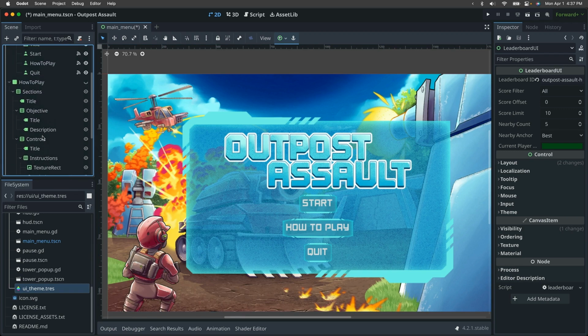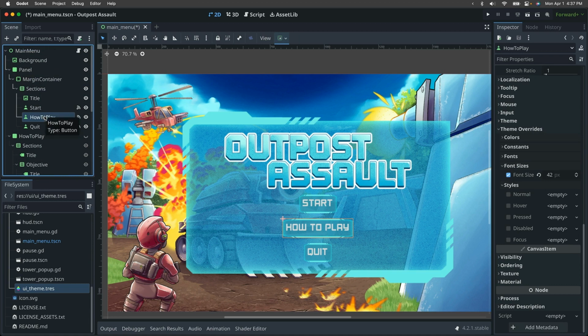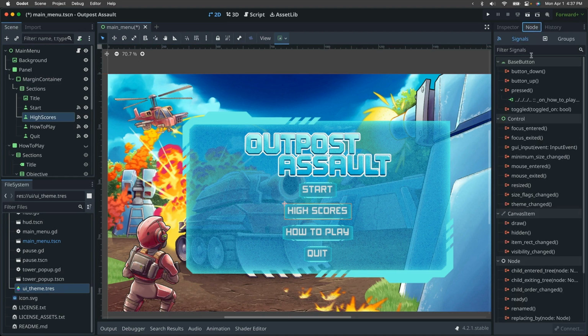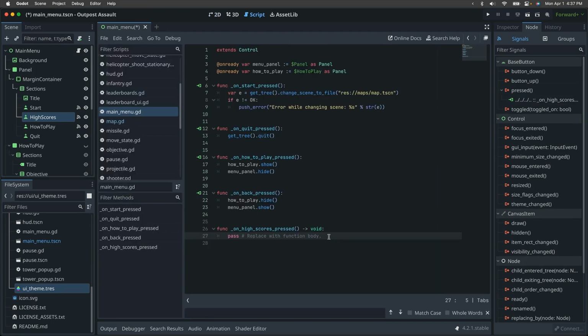Next, let's create a button to show the high scores. So I'm just going to take this how to play button, duplicate it, drag it up here. I'm going to call this high scores. And I'll change the text to high scores in all caps. I'm going to pull this signal here, and I'm actually going to disconnect this because this is what we copied from how to play. I'm going to disconnect this, create a new signal handler. And this is going to be very simple. We're just going to take the leaderboard UI and we're going to show it